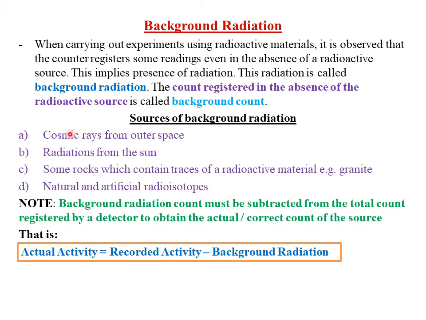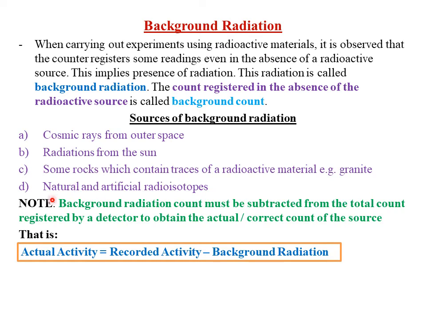One is what we call the cosmic rays from outer space. Two, we have what we call radiations from the sun. Three, we have what we call some rocks which contain traces of radioactive materials, for example, when we talk of the granite. Then four, we have what we call the natural and artificial